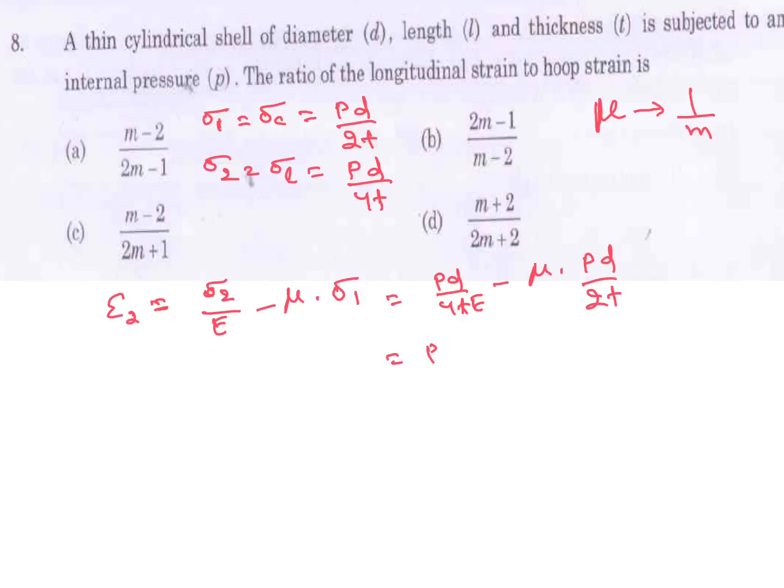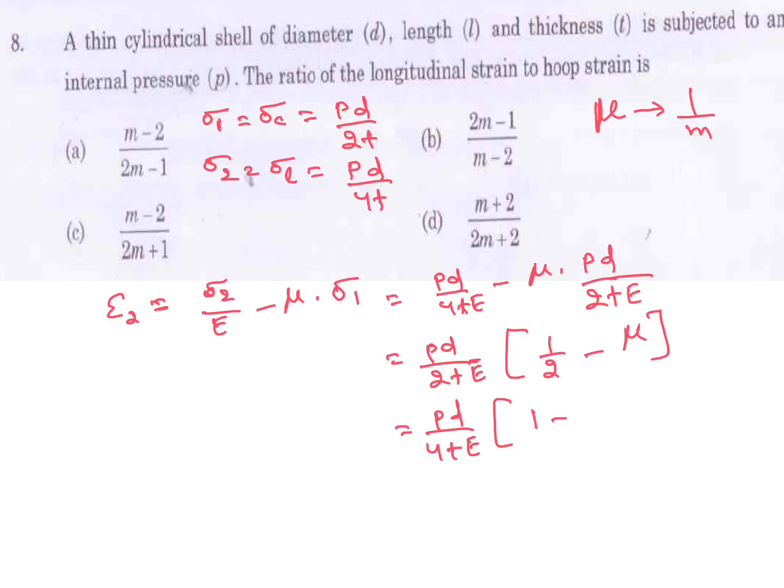PD by 2T, here E. 2T take common. 1 by 2 minus mu is equal to PD by 4TE into 1 minus 2 mu,